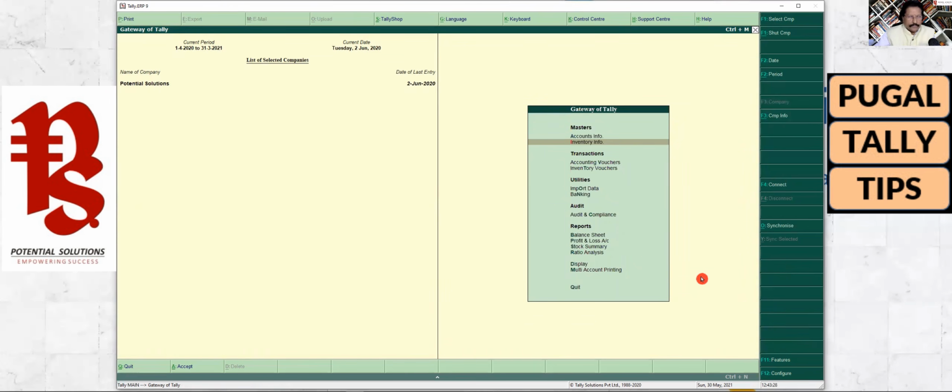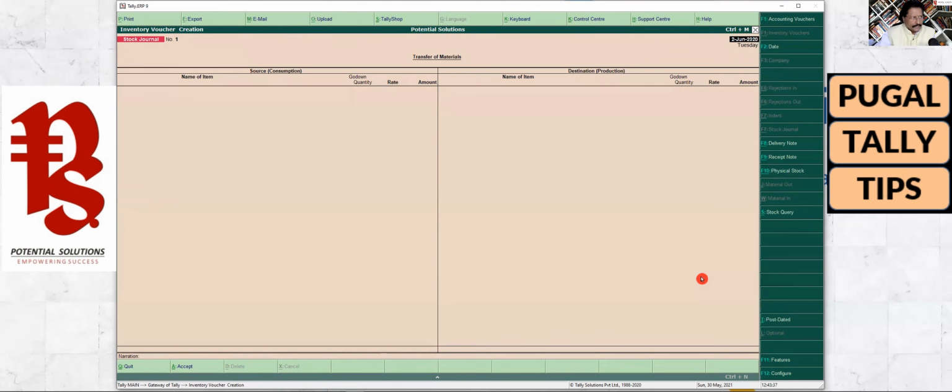I want to now transfer material from my factory to showroom. Okay, so I come to inventory vouchers. Since we have not used any other inventory voucher, by default it brings the stock journal. Okay, so I am now going to enter here, and just remember this is very important.